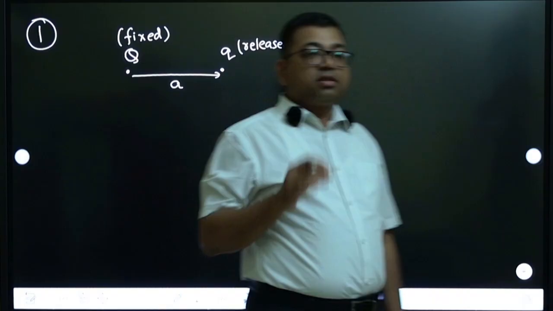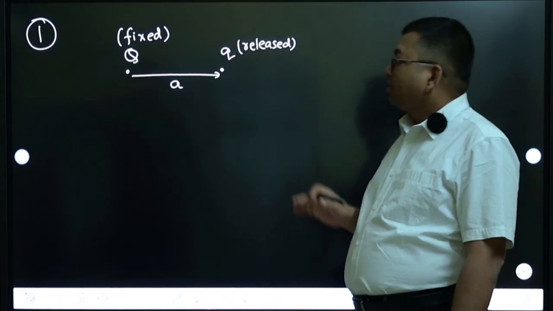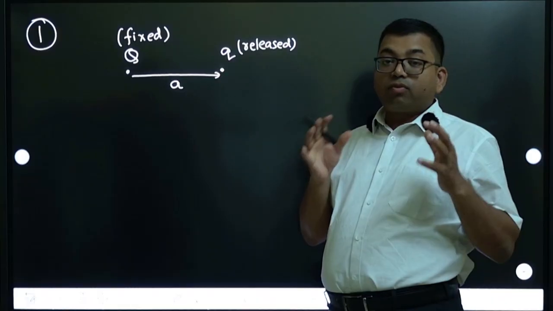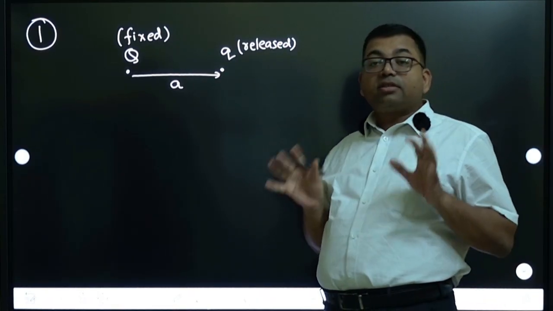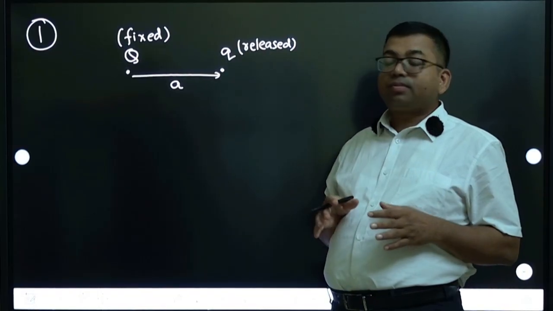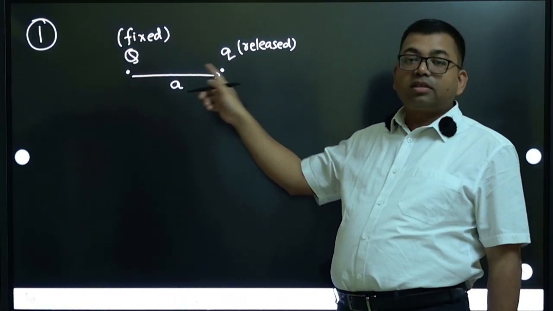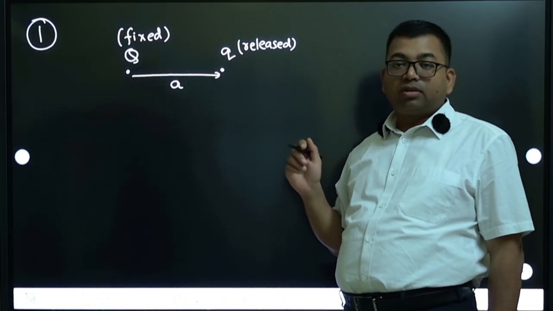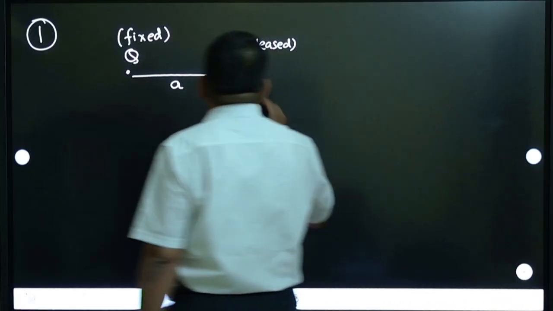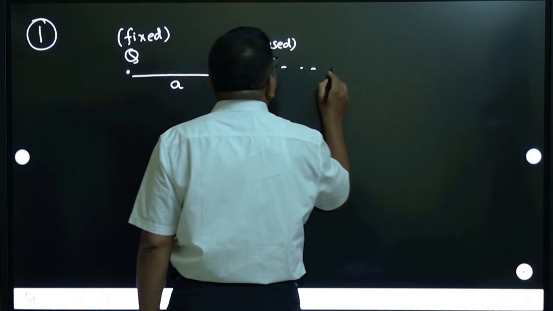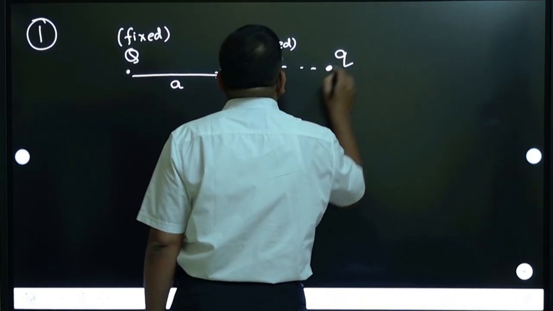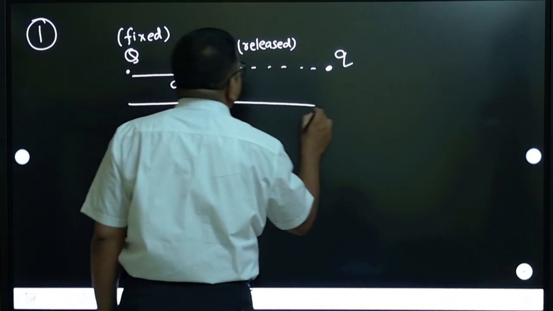When this charge is released at this point, it starts moving due to the force of that charge. That charge is not going to move because it is fixed. So what happens is that this charge starts moving and its distance changes. Initially the distance is a. Finally, after some time, this charge goes here and now the distance has become b,